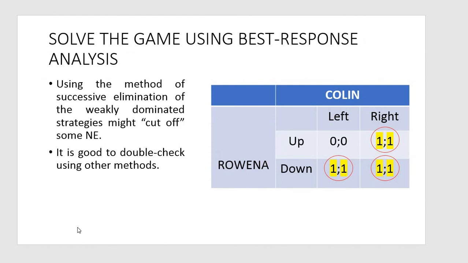However, if you solve the same game using best response analysis, you will see that up-right is another Nash equilibrium. So when you deal with weakly dominated strategies, using the method of successive elimination of dominated strategies might force you to cut off Nash equilibria which actually exist in this game. So what it implies is that it's always better to double check using best response analysis when you deal with weakly dominated strategies. Okay,